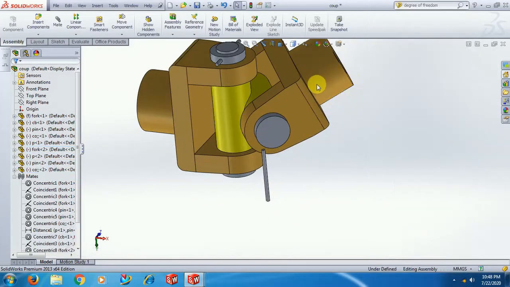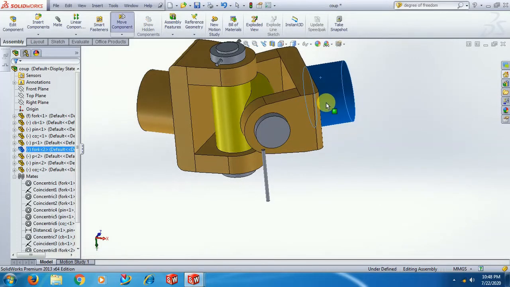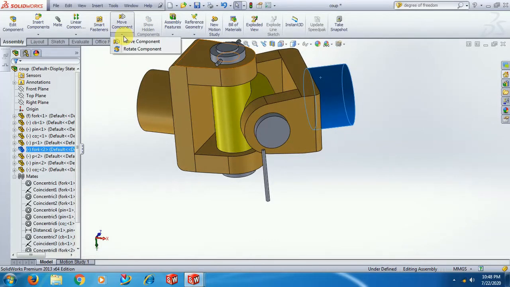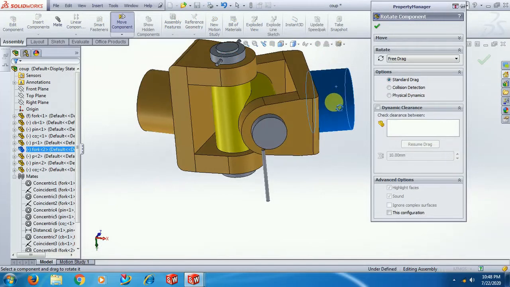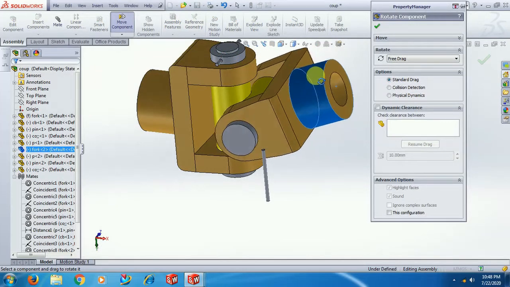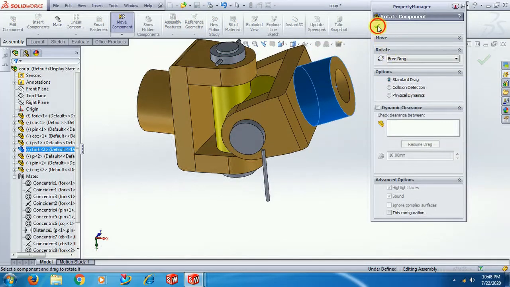I close this, rotate, I keep this in a position, okay, fine.